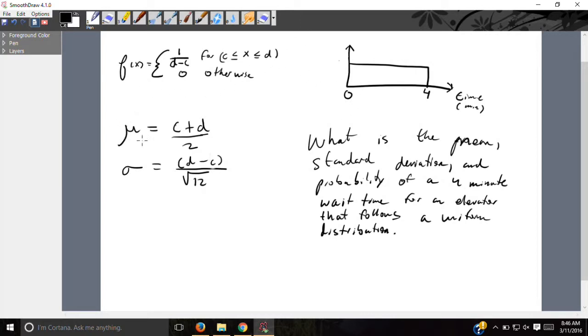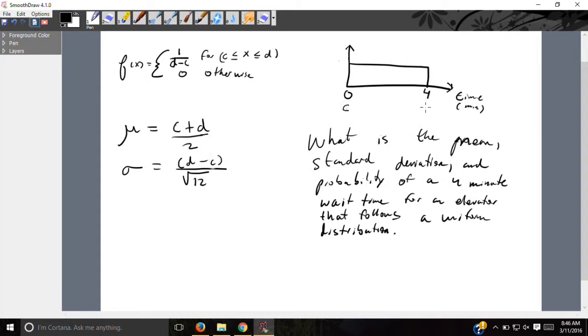My mean from this is equal to c plus d over 2, and our standard deviation for this function is d minus c over the square root of 12. So, if I want to know something that follows a uniform distribution, let's take this practice problem. What is the mean, standard deviation, and probability of a 4-minute wait time for an elevator that follows a uniform distribution? Well, I already know my interval, which is between 0 and 4, so I need to denote this as